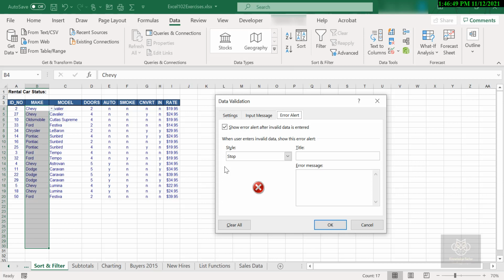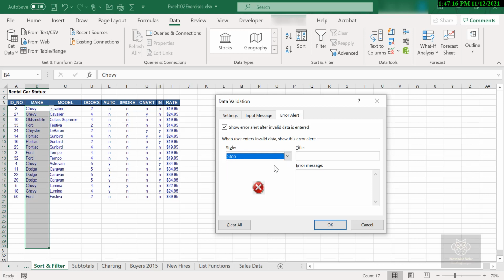So the first thing we see here is a little drop down in style. Now this is actually two things that deal with the data validation box that opens up on your screen. One is an icon here, and so I click on the drop down, and there are three options there, and you can see that there are different icons that present themselves, right?